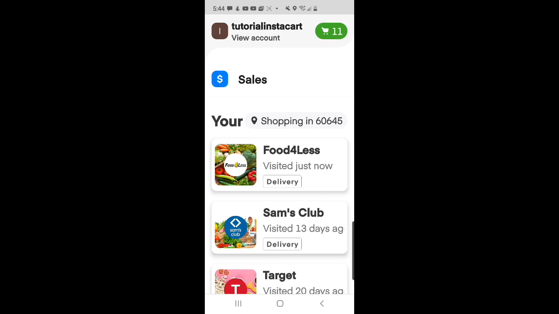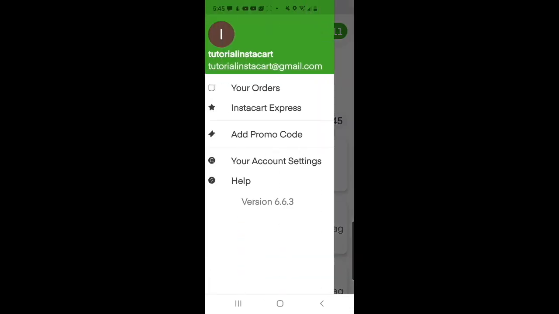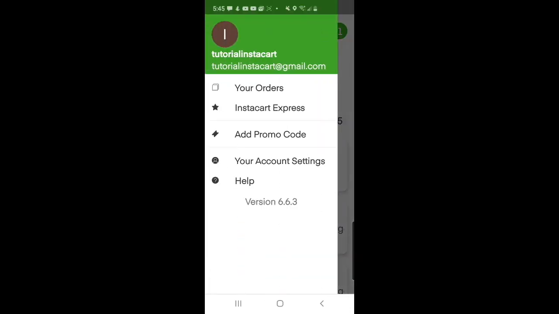Once you have installed and opened the Instacart app on your smartphone or tablet, you can now go into your account details and add in new details or make changes or view your account activity. So all you need to do is go to the top of the screen where it says View Account and just tap on it. So I'm just going to tap on View Account with my thumb,